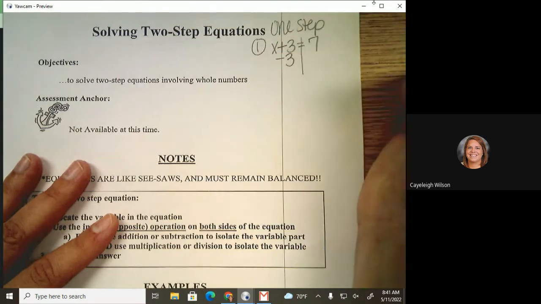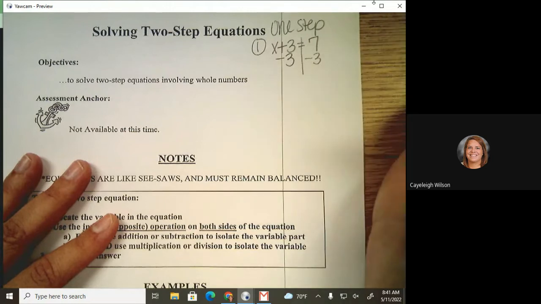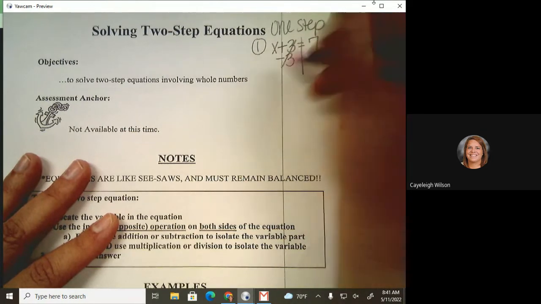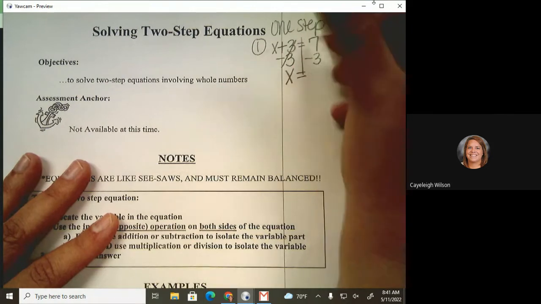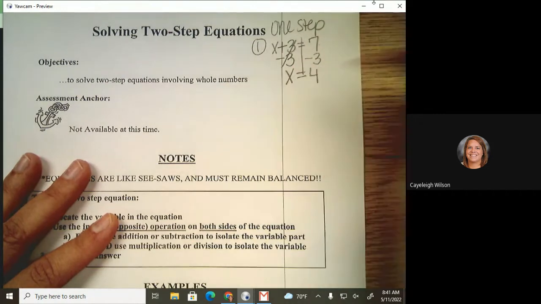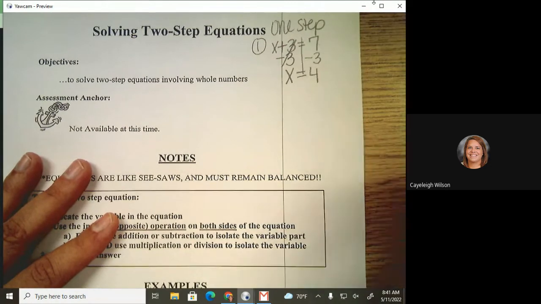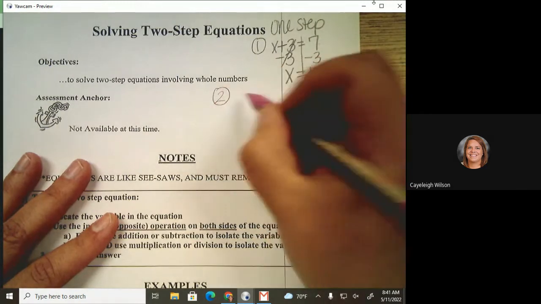Now, whatever I do to one side, I do the exact same to the other side of that equal sign, the other side of that line. And I ask myself, what is 3 minus 3? Well, 3 minus 3 is 0. So that's x equals 7 minus 3 is 4. And I can check that, plug that 4 back in. What is 4 plus 3? Well, that's 7, so I'm right. Okay, another one